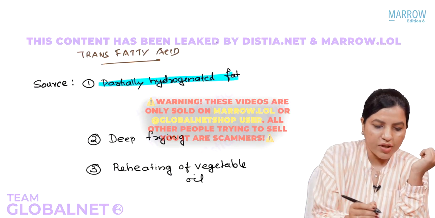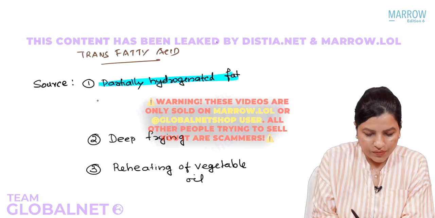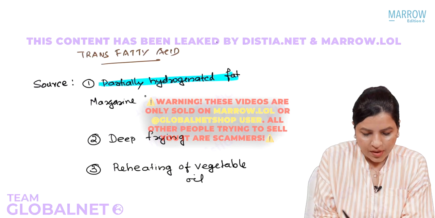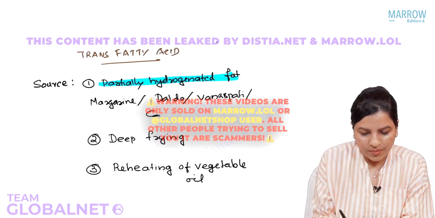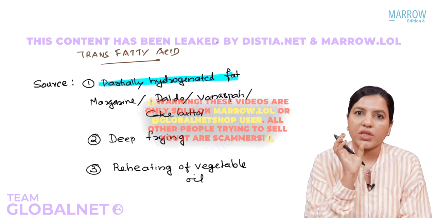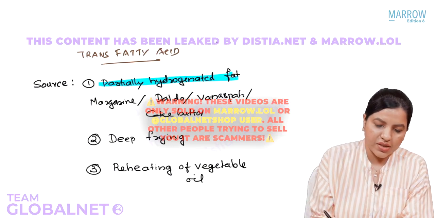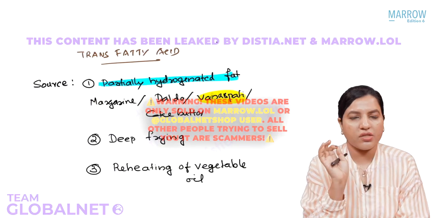So this solidified vegetable oil is what we call margarine, dalda, vanaspati, cake butter, etc. So this is one of the richest sources. If a question is asked which is the richest source, vanaspati is the richest source of trans fatty acid,